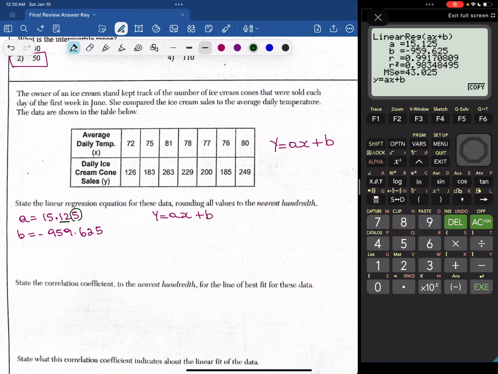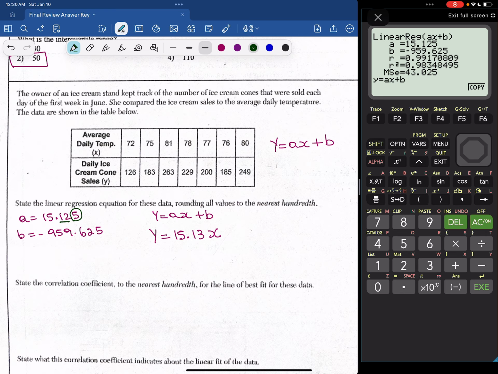So I'm looking at this 5. If it's 5 or more, we know that the 2 is going to go up by 1. So because this is a 5, our A is going to round to 15.13. So we will have y is equal to 15.13x, and then our b value, negative